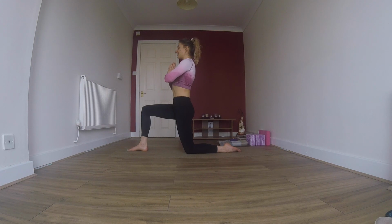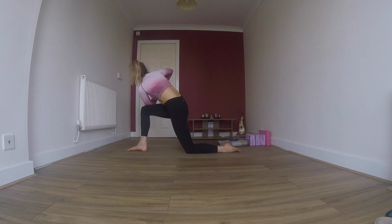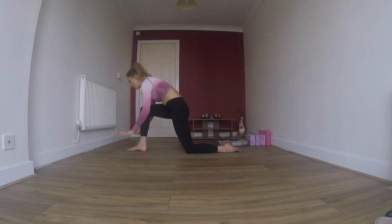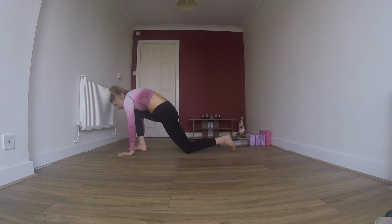Inhale, raise the chest, and exhale, take the left elbow across the body. Pressing into the hands, taking that gaze high. So we're really getting into our twist here. So inhale to lengthen, and exhaling to twist. Inhale, and exhale, come all the way through heart center, taking the palms onto the ground, framing that front foot,